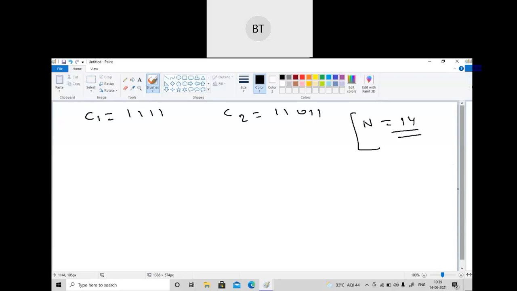So total 14 should be there. So first of all, we will multiply this one into this one. So what I can write here, 1 1. Okay, Priyanshi, same. So let me solve it so you can match it. So then this one into this one. So what I can write here, 1 1.